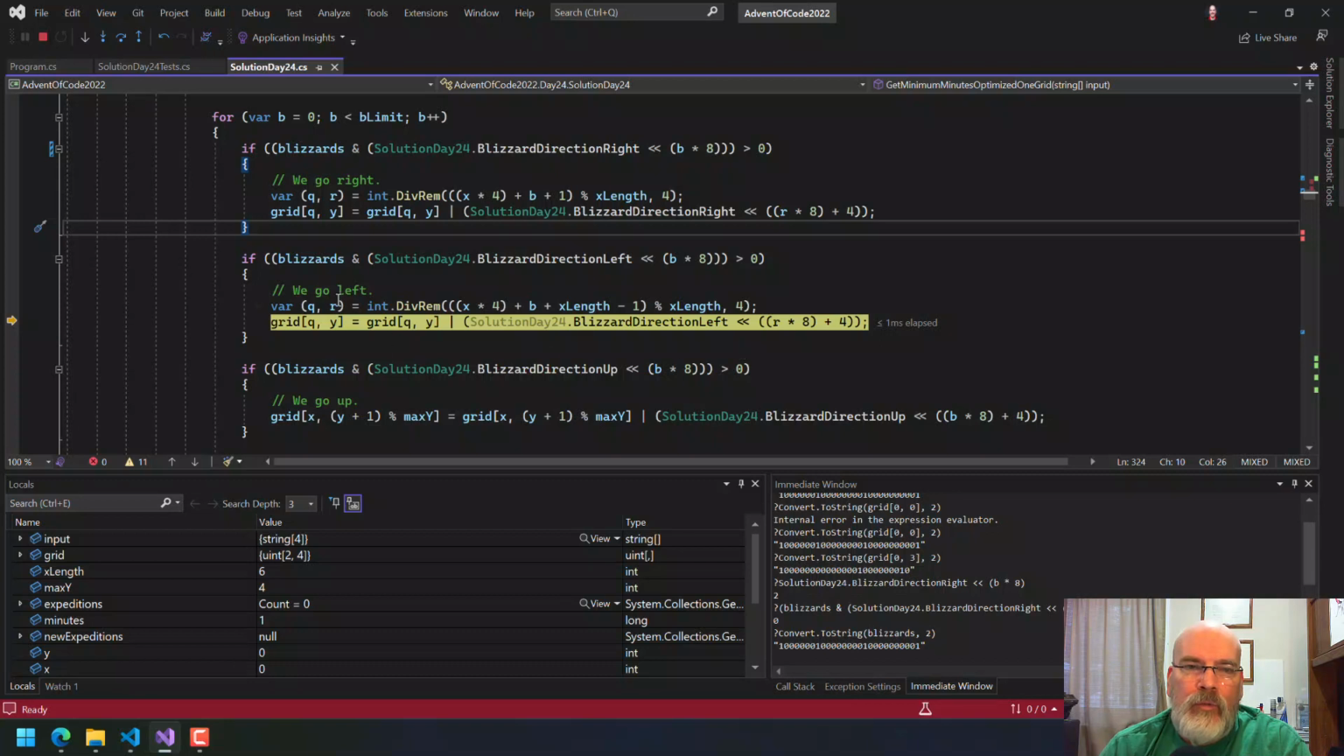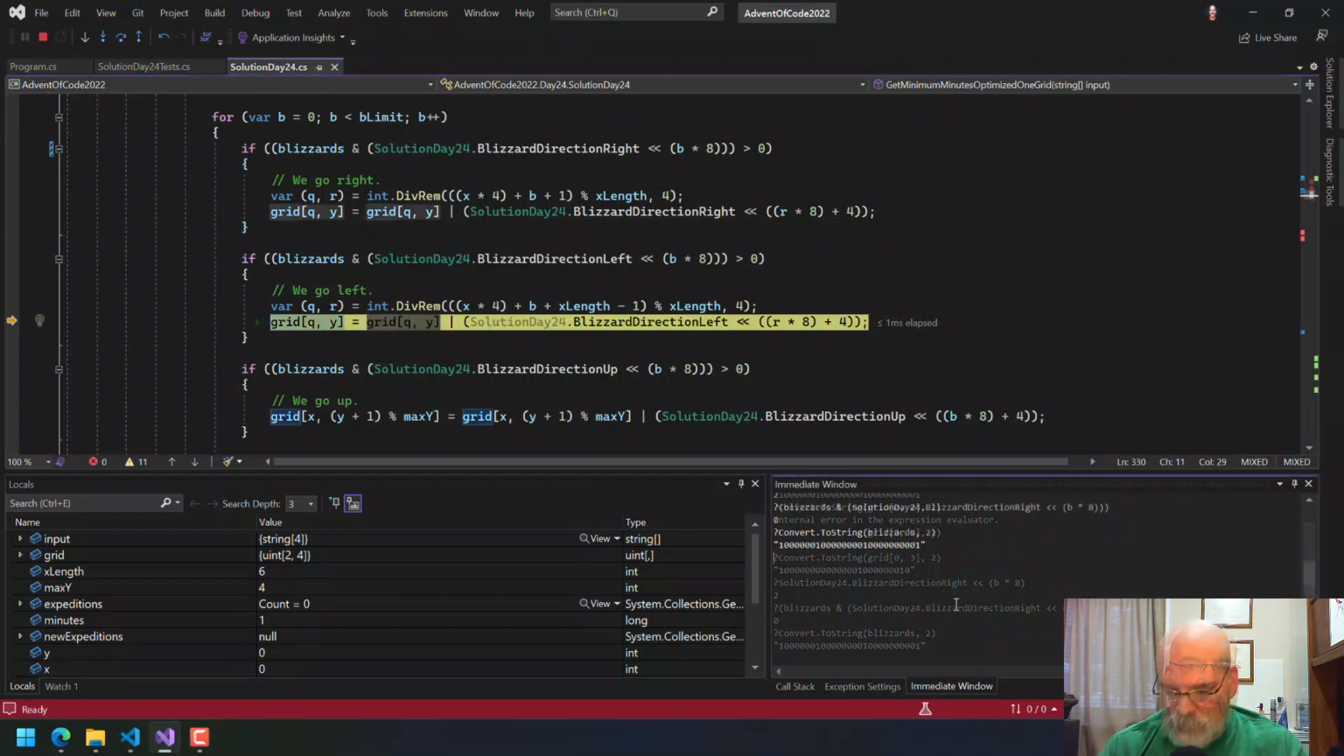And we need to shift over 1 set. And that's what we're going to do here. Okay. And so we're going to OR that in with blizzard direction left in the new position. Okay. So if I do this,